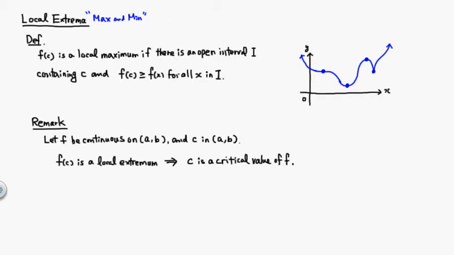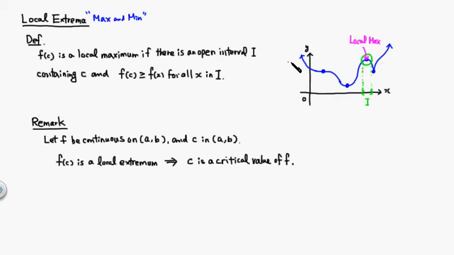So here, for example, look at this guy, right? You can look at a small interval, say here, I'm going to just go straight down, a small open interval from here to here. Let's call that interval I. If you compare this value right here with any other value on that interval, you can see that that point is the highest point. So that's why we call this guy a local maximum,